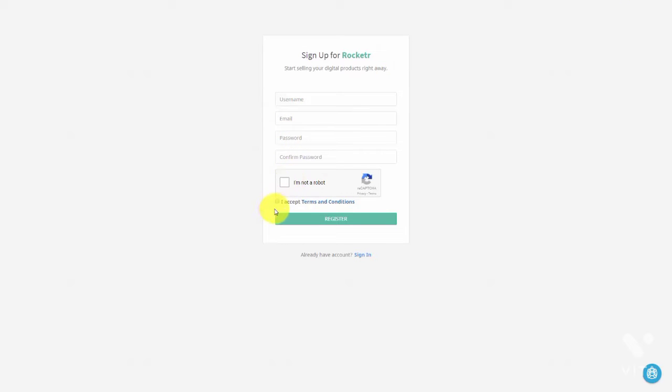You're going to click the CAPTCHA and then you're going to accept the terms and conditions. Of course, make sure you read thoroughly the terms and conditions to make sure that they are what you would want them to be if you're going to be doing business on this platform. Once you've read the terms and conditions, you're going to click I am not a robot, and then you're going